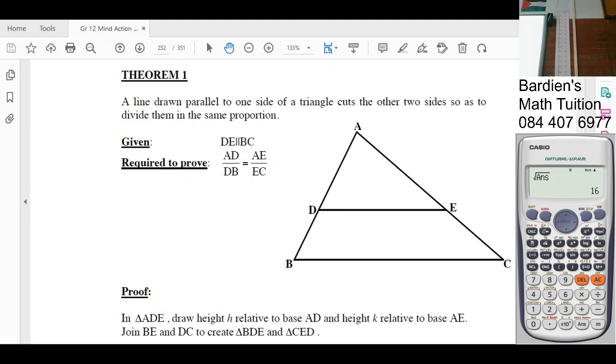Then we join DE, and same with the other line, you'll join BE. So this has got a lot of construction in it. So firstly, let's just